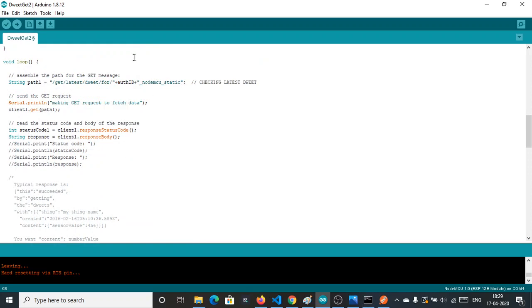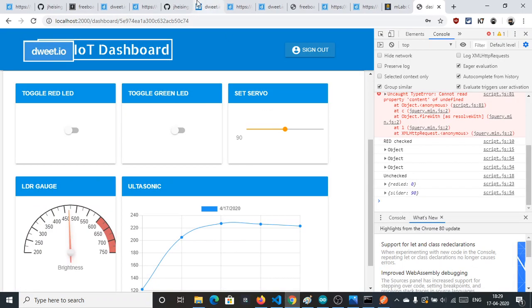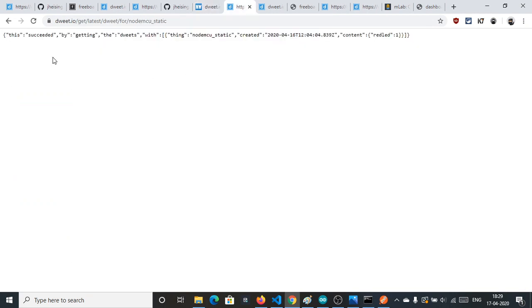And in response of this API, you will get the whole body, and you need to basically parse that. As we all know the body is in JSON format, and in Arduino parsing this JSON data is not a tough job.